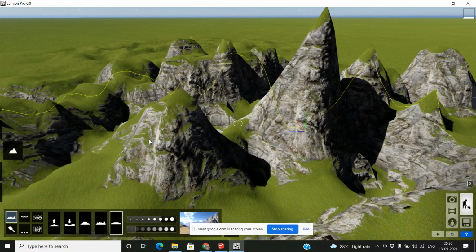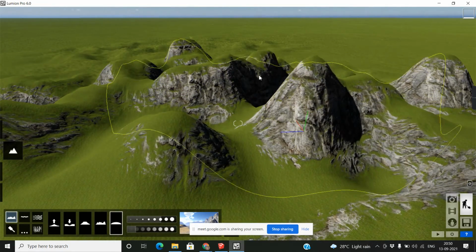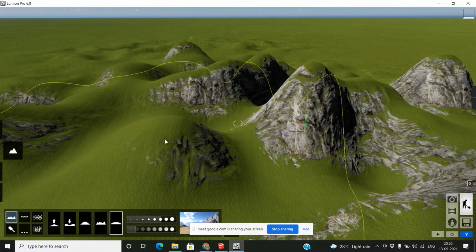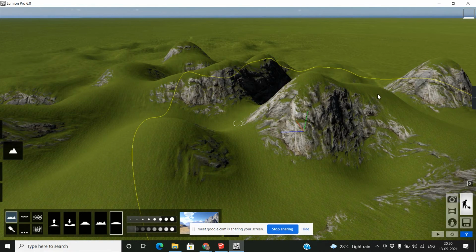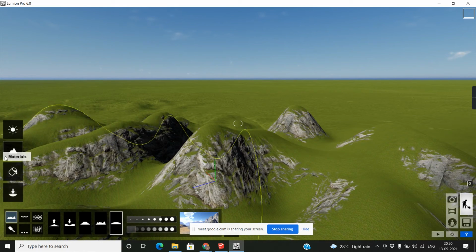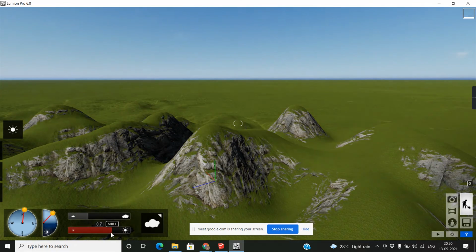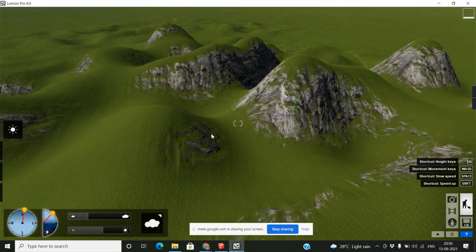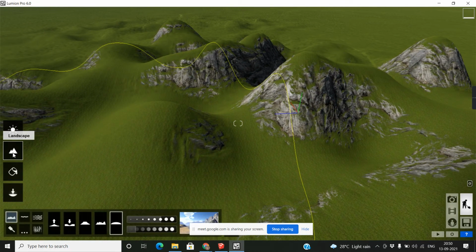Okay, and this one is smoothness. If you want to smooth, you can easily smooth. And if you want to decrease, I just decrease. Look. The next part is